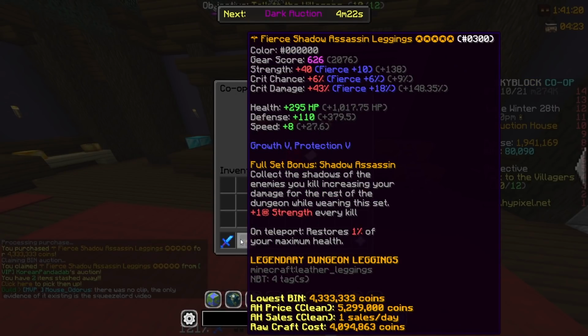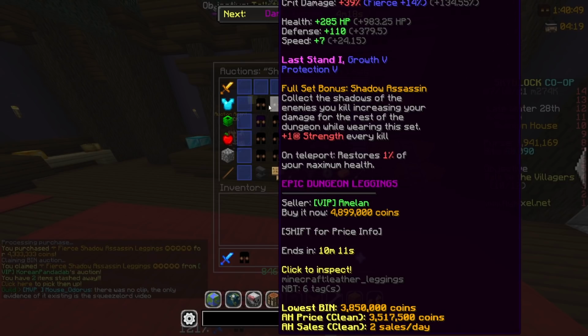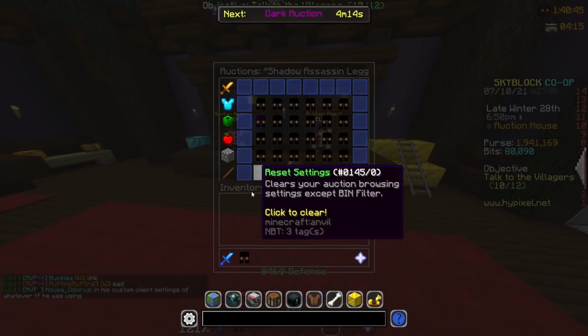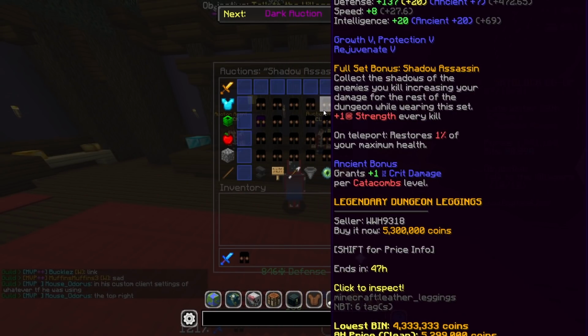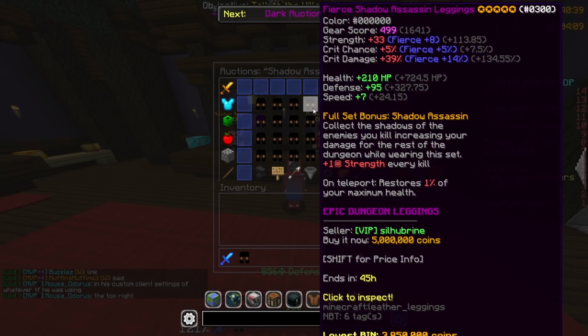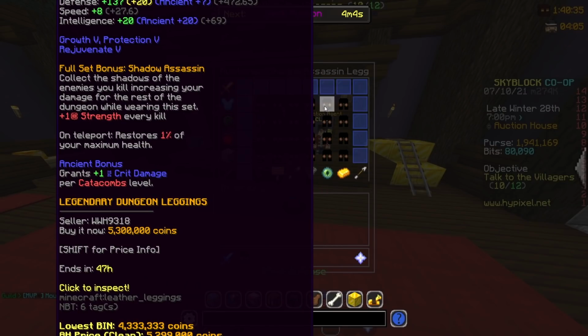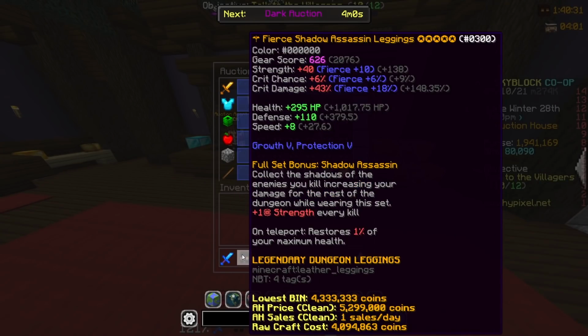So these are 5-starred livid fragged Shadow Assassin leggings, and first of all, they were just 500k under lowest bin, which is a free flip. And second of all, they're also livid fragged, while the lowest ones are not even livid frag, they're just clean. So I could easily put it under this and get probably a flip of,